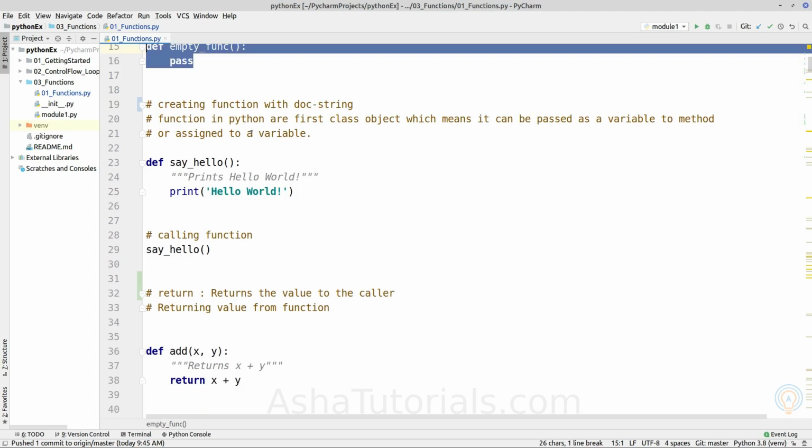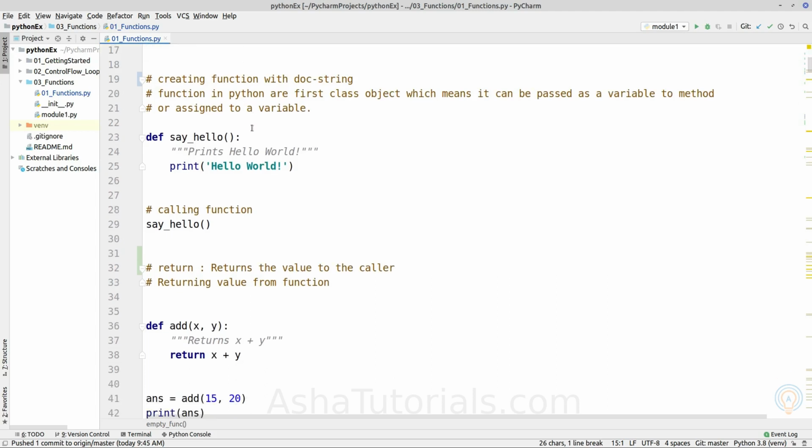Next, we will create a function which prints hello world, and we will give it a documentation string also. Same way we have defined a function, and as we have explained earlier, if the first line of a function or a class is a multi-line string, it is considered as a documentation string for that function or the class.